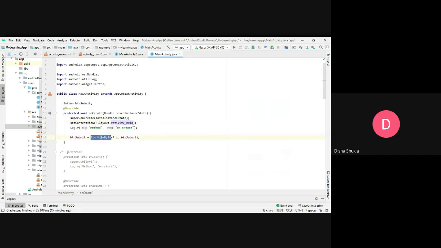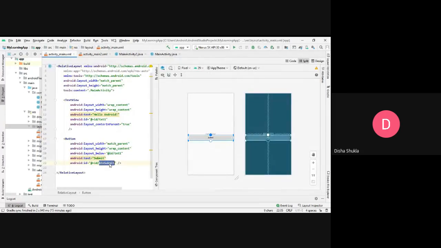So what I can do is findViewById, R dot. Now this is the id, so we'll be using id here. Here we used layout because it was a layout file, and here we are searching for an id. And what is the id? The id that you have provided over here. For the button, I have provided the id @+id/btnSubmit, and the same way, btn is small and S is capital. We'll be using the camel notation over here in Java. The way you use it in the Java, the same way we'll be using it over here.